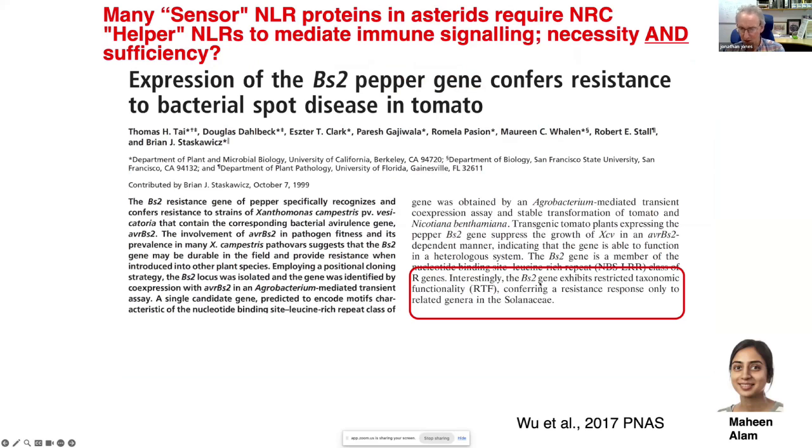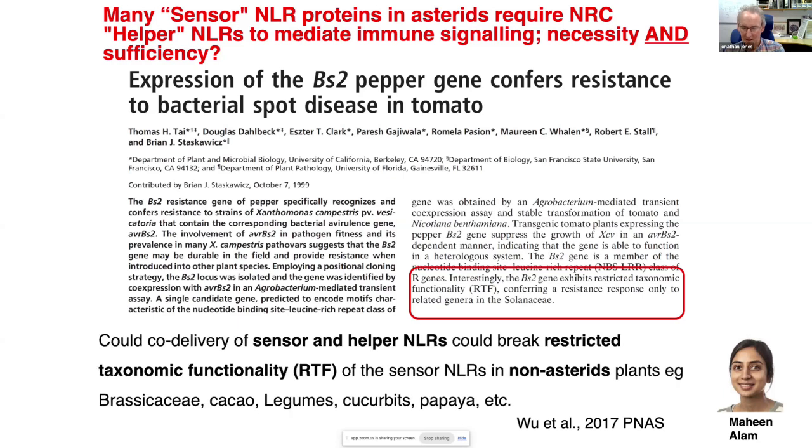If you take the BS2 gene and put it into Arabidopsis, it doesn't work. So it only confers resistance. When they tried it in Solanaceae and in Arabidopsis, it didn't work in Arabidopsis, and the lab called it restricted taxonomic functionality, or RTF. So roll on 20 years, and the Commun lab discovers that many sensor NLRs, and this